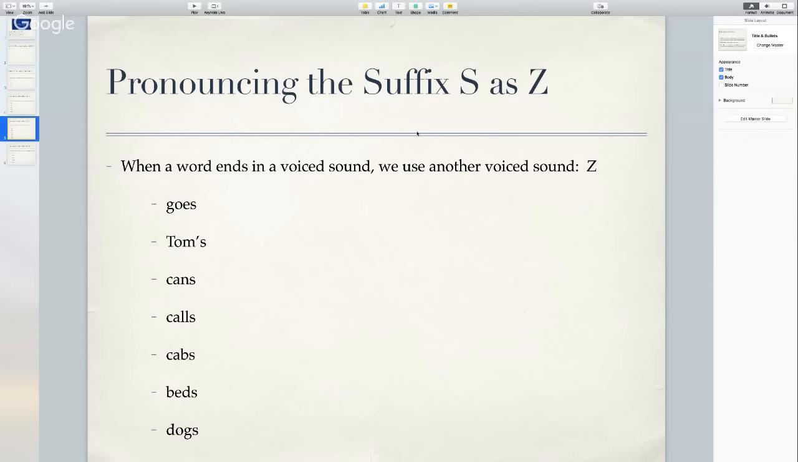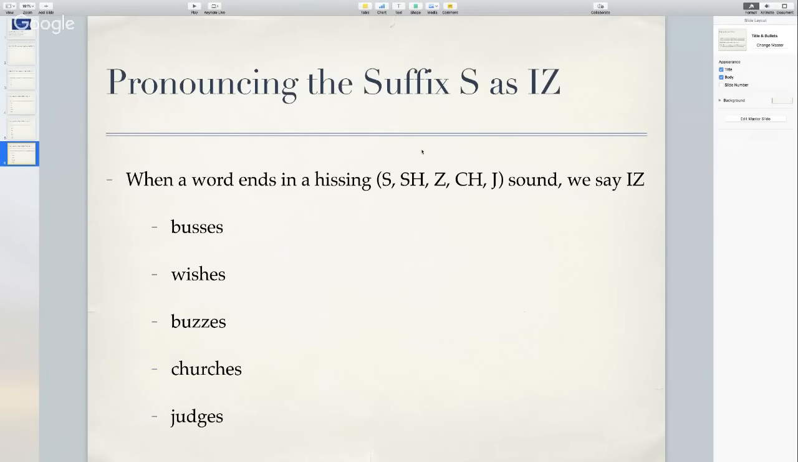Goes, toms, cans, calls, cabs, beds, dogs. And as an "is," when it comes after a sibilant sound or a hissing sound: buses,